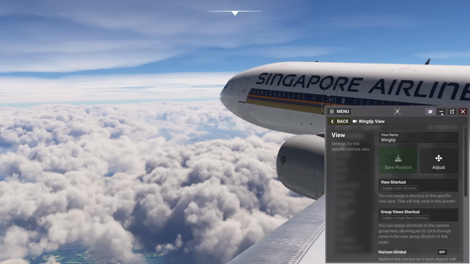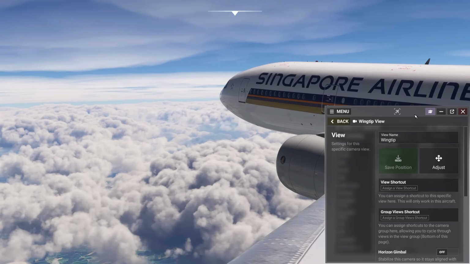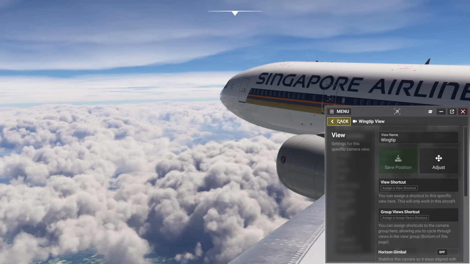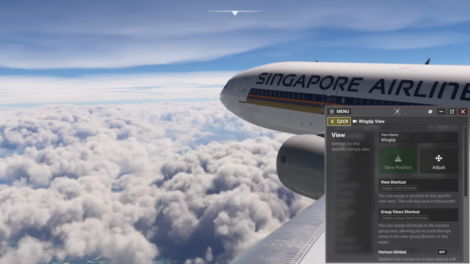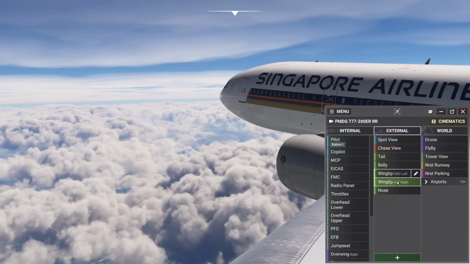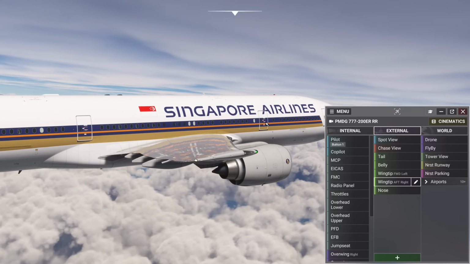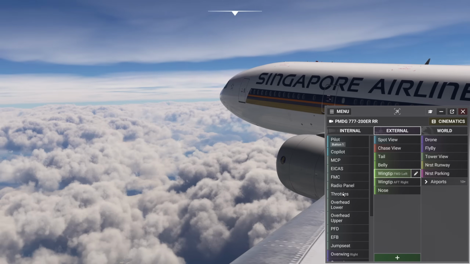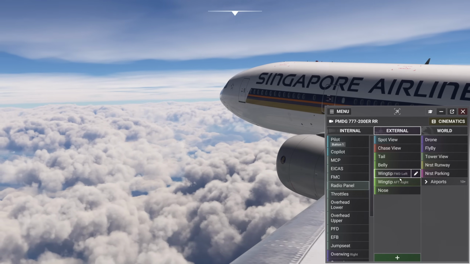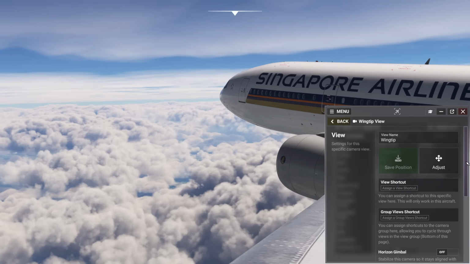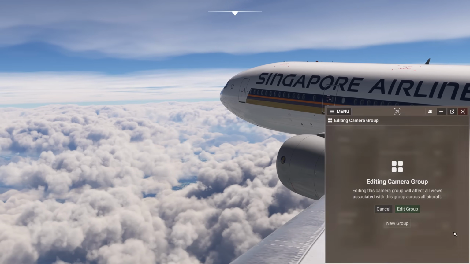And you'll notice there's a little circle over here. So that was showing me that it's saving it to the cloud, which is great because that means that it should save across devices. I have not yet tried that. So there you go, that's the default one out here. I don't know, this view doesn't really mean much to me, and now I've got a sort of GoPro strapped onto the wing here. It's still shaking too much for my liking,